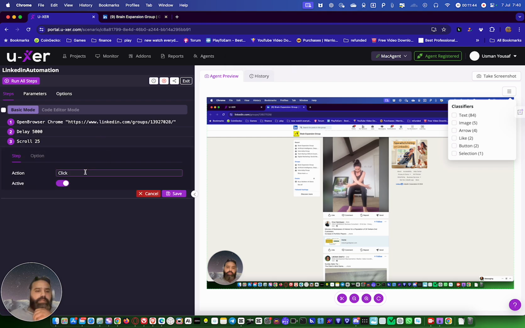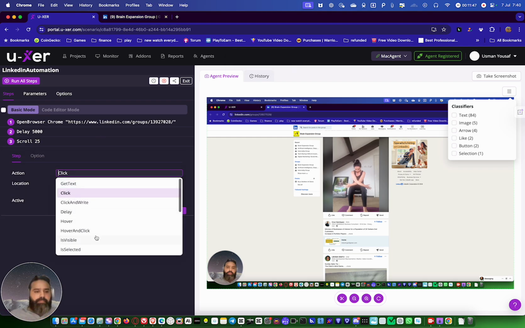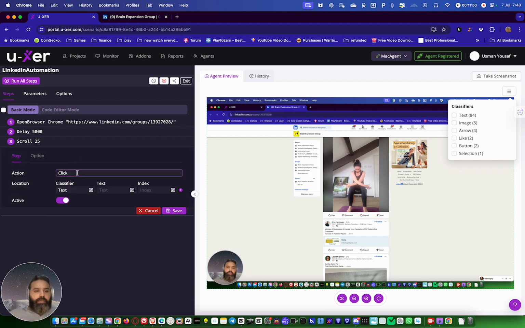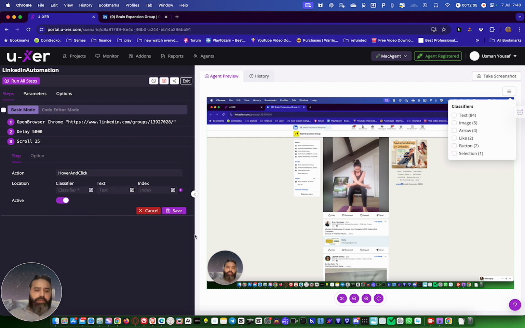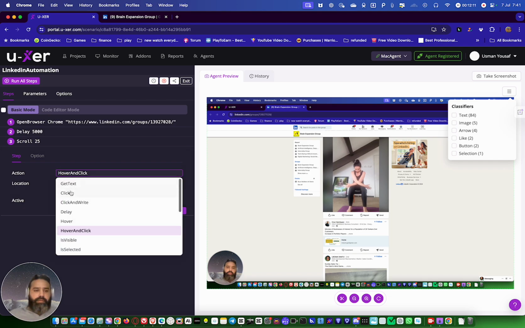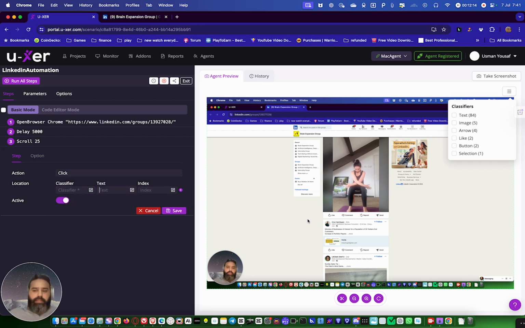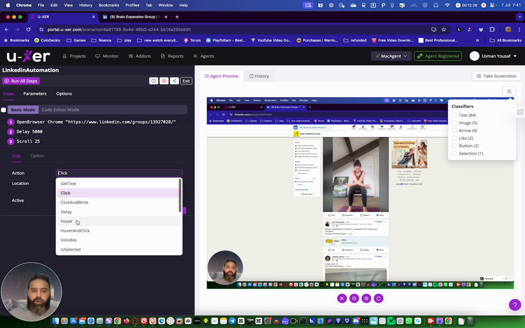So once this is done, we add a new step. In this step, we will go and select. Okay. Now in this one, you see there are so many options, but the best one I found is hover and click. Hover and click is the best. So what it does, when we select this option, it will hover like this and then it clicks. But if I select this other option, if the mouse is already there, it will do it very fast. So I found sometimes it misses and doesn't click there. So the best is we first select hover and click.